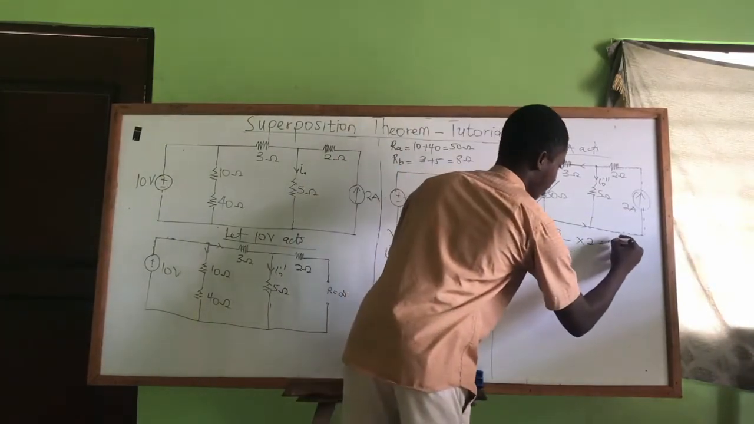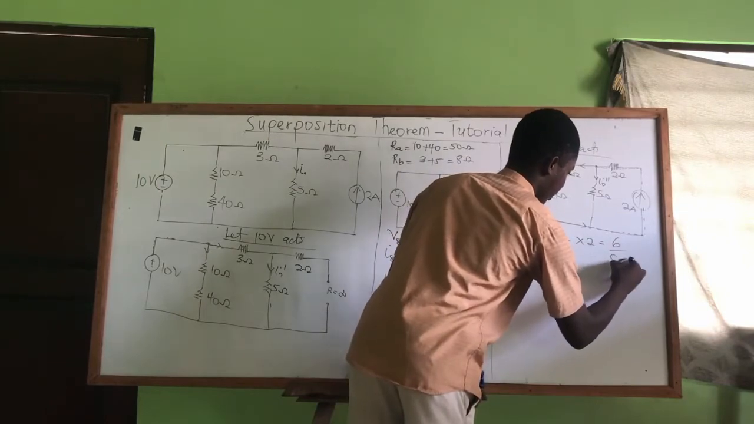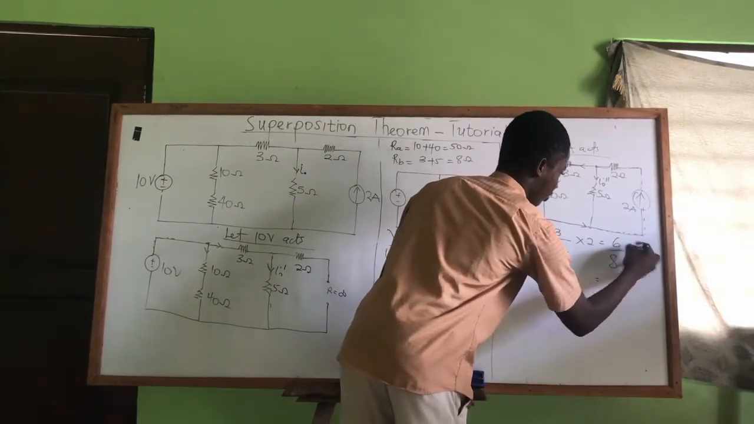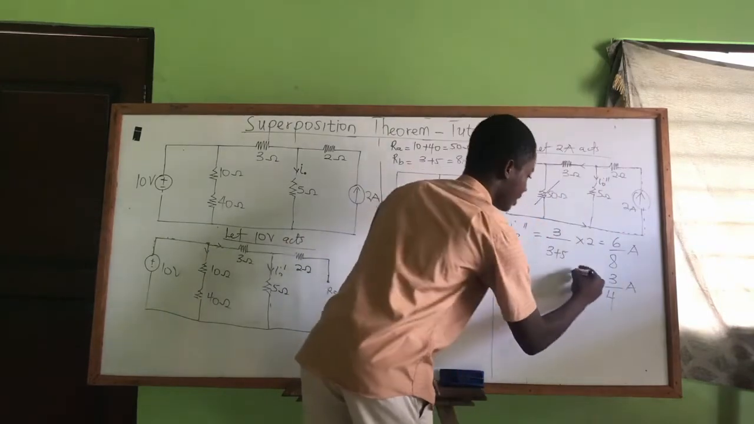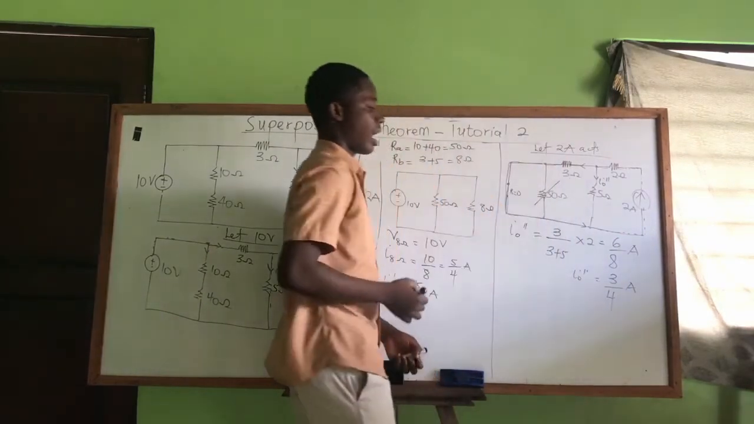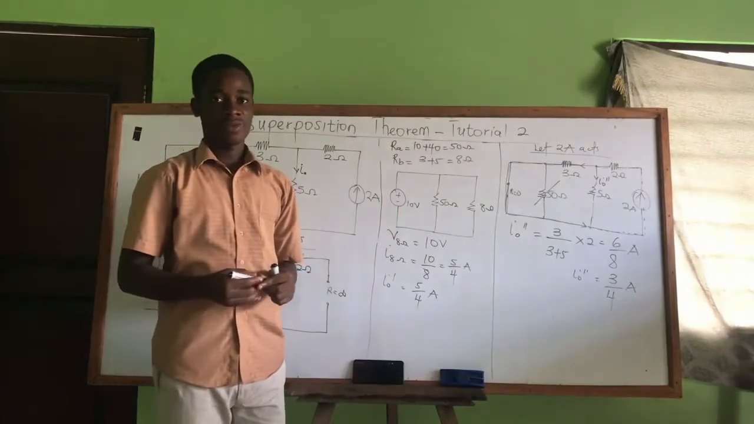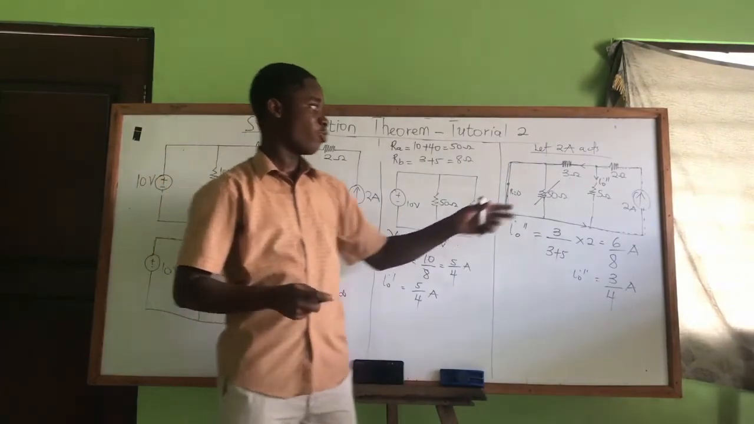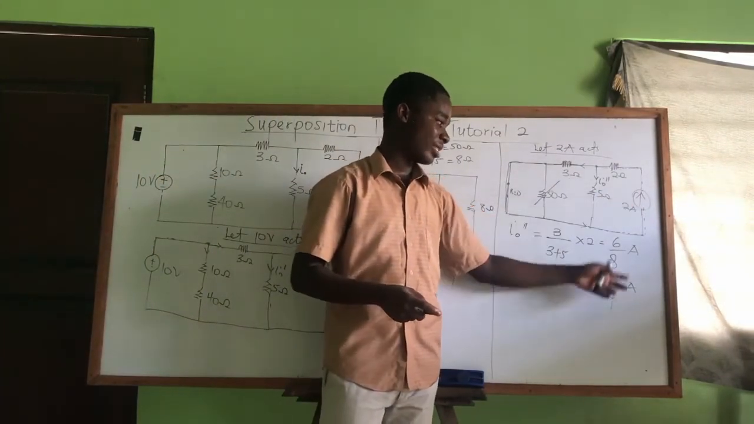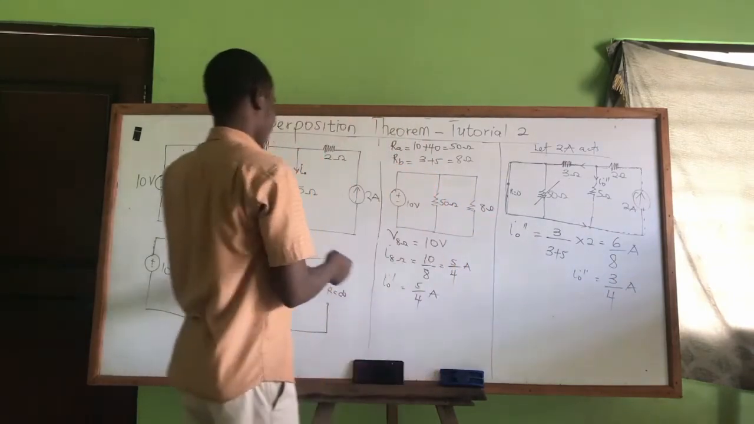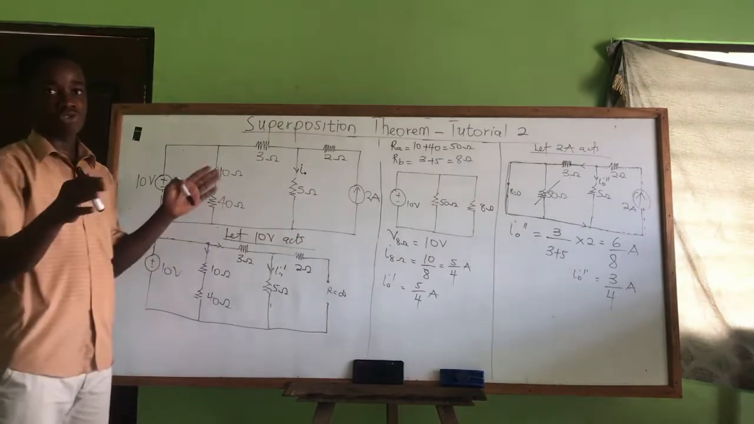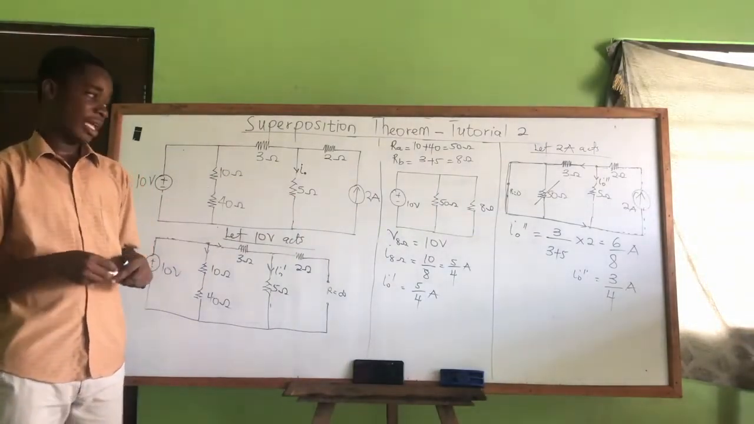So this is giving us 6 over 8 amperes. So 3 over 4 amperes is my I naught prime prime. So the current flowing through the 5 ohms when the 2 amperes source is acting is 3 over 4 amperes. Now we are going to find the total current I naught when both sources are intact. And that I naught